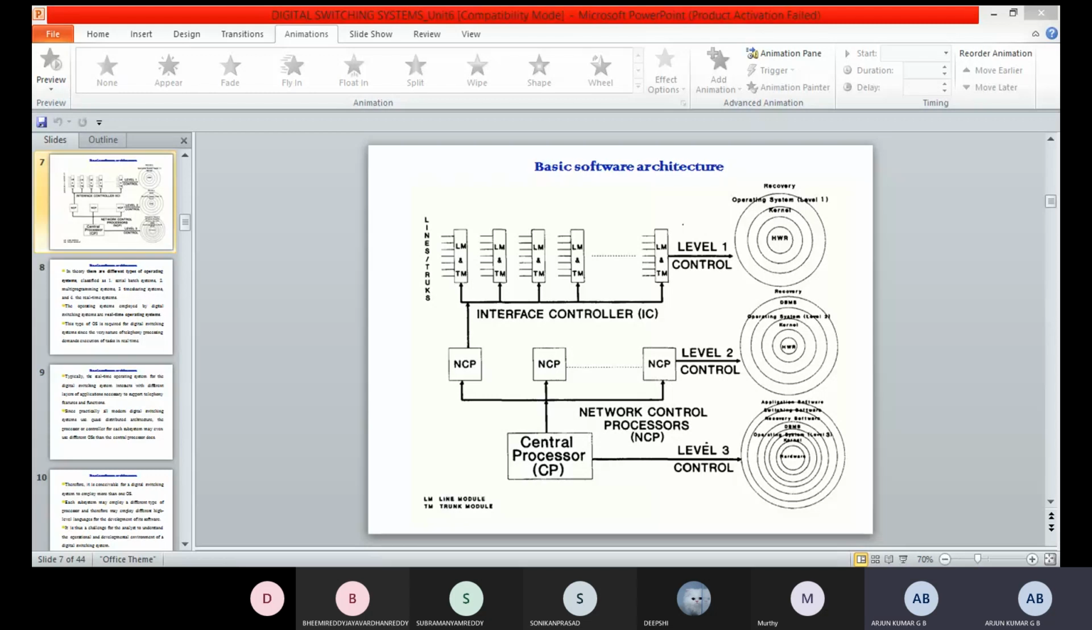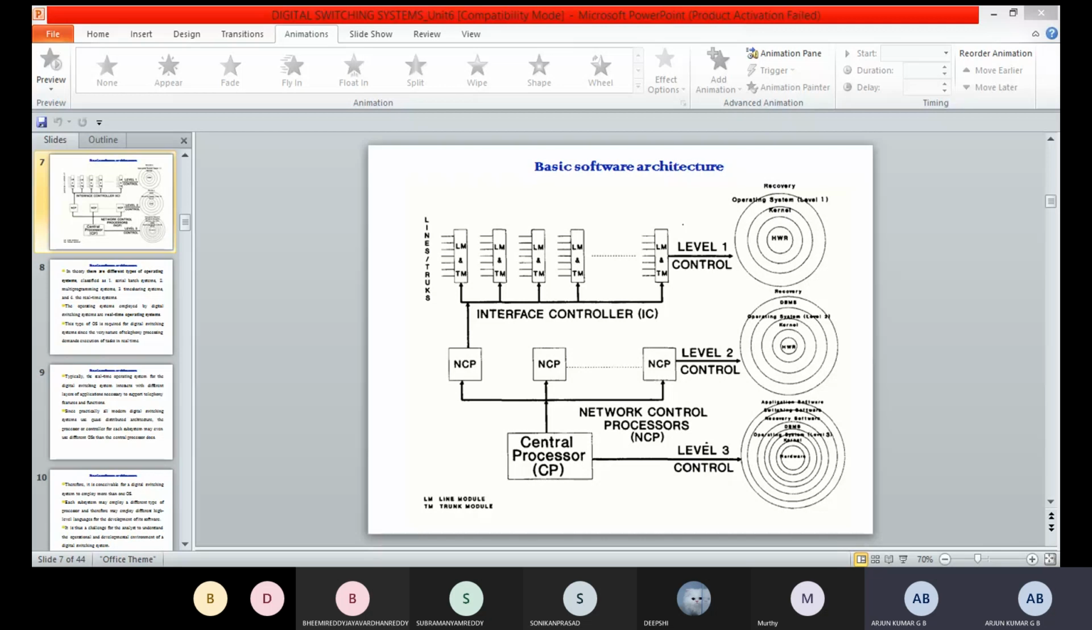And then the basic function of the NCP. What is the function of this NCP? Suppose you take an example, there are two callers. When they make the call, the NCP will start working. When a subscriber goes off hook,